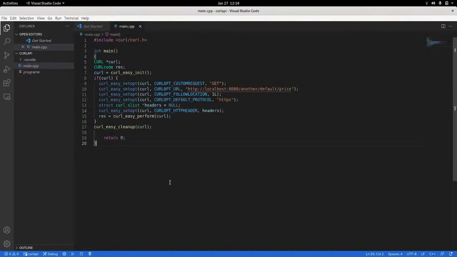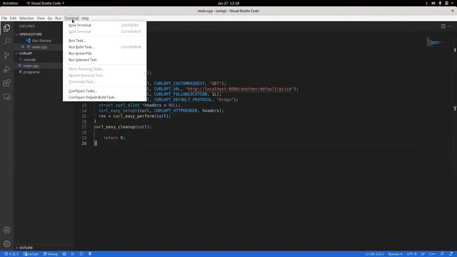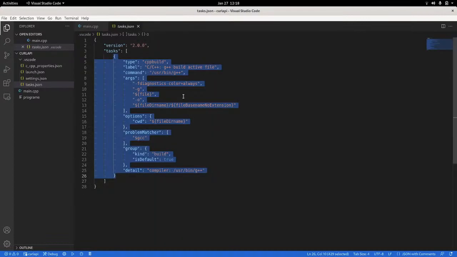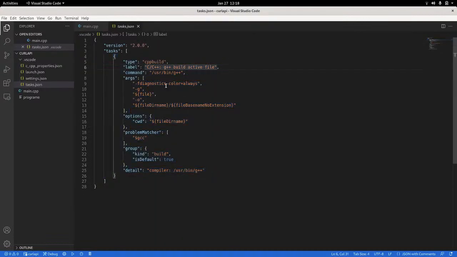So how do we compile this on Visual Studio? Well, if you head on to terminal, you will need to configure a default task. Go over here, you will have to choose on Linux this g++. Probably on Windows or other systems you might need to use cpp, I mean another, yeah, for the compilers. In my case I will use g++. I will click on this one and it will show me this